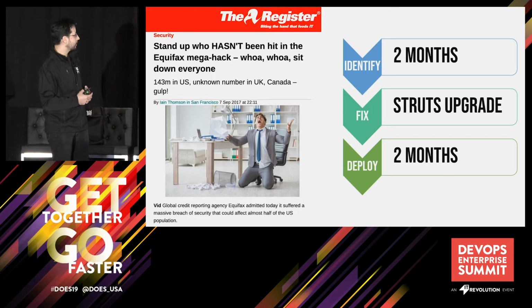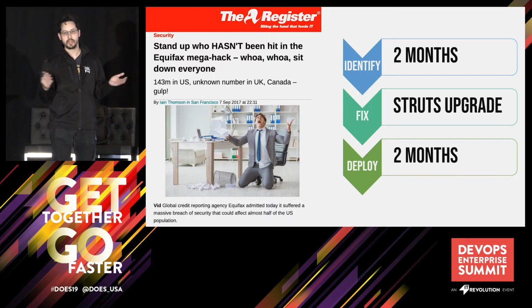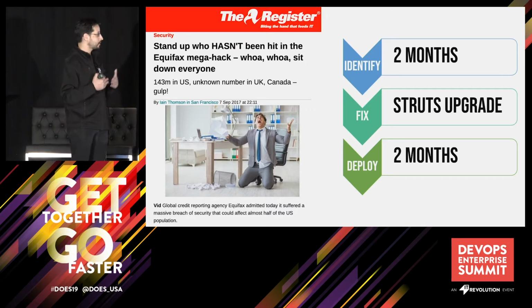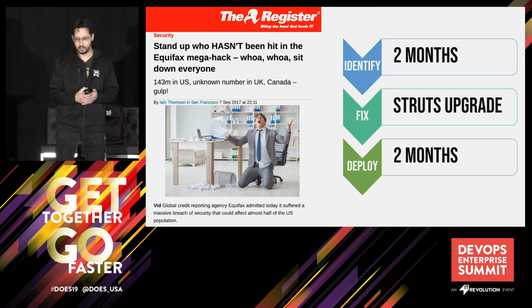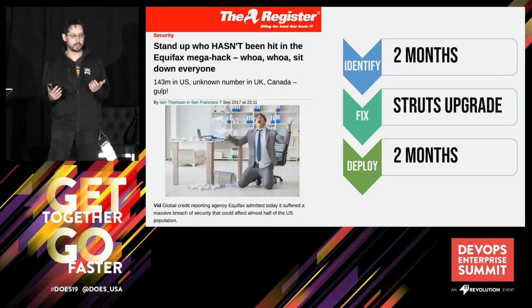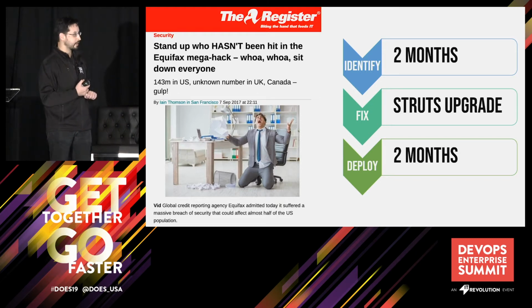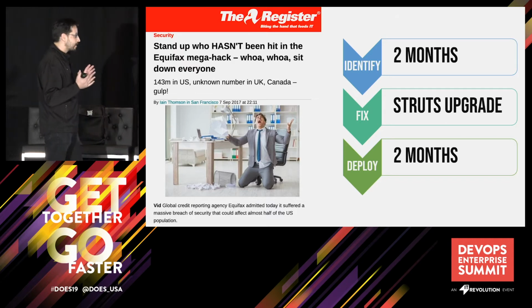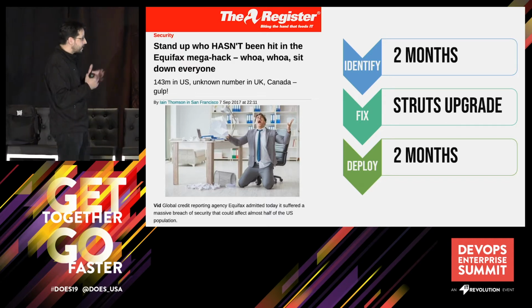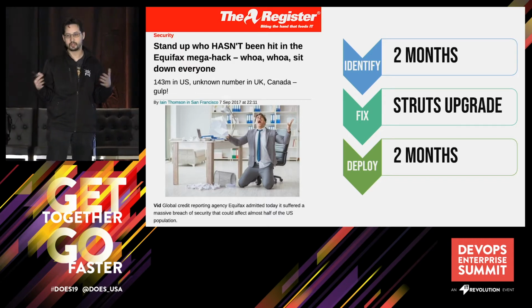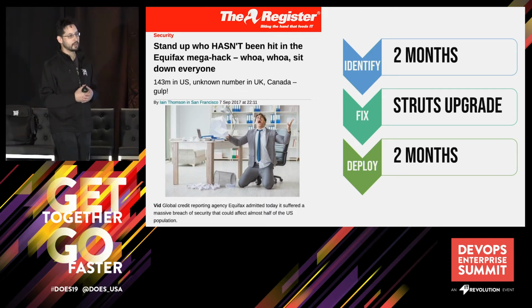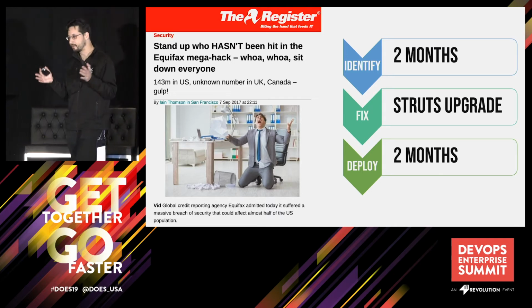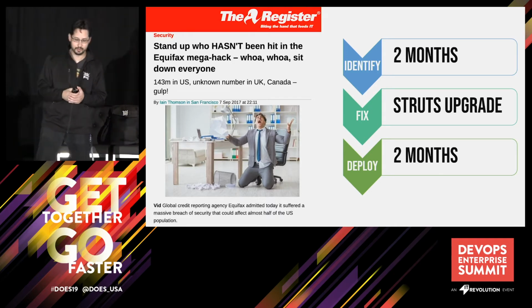OK, so another example. Probably all of us remember Equifax and probably were impacted in some way, right? When they lost all of this personal data. It was worse than just a credit card leak because attackers knew your social security number. They could open up new accounts in your name. And actually, there was so much data put out in the market on personal information that social security numbers went down to being worth only $10 a piece. So it actually pushed down the price of illegal information because so much of it was available.